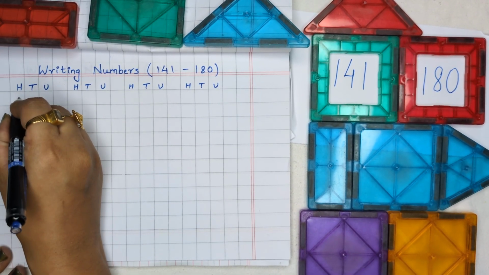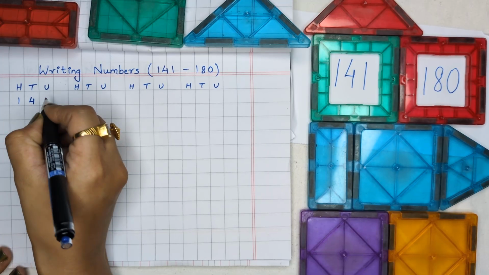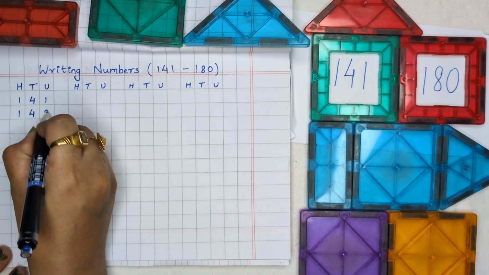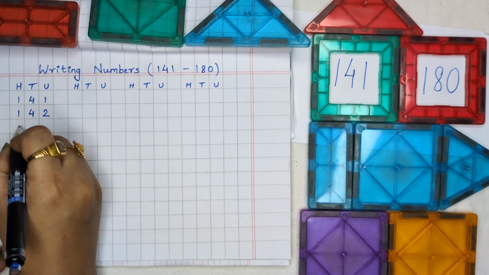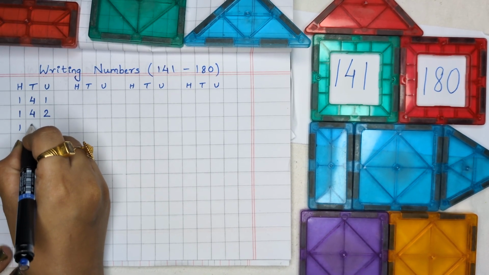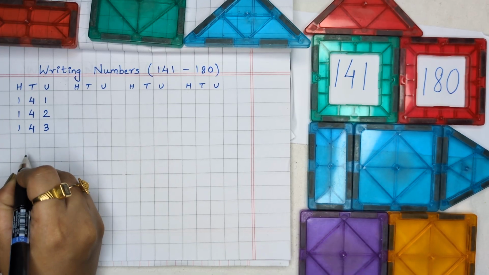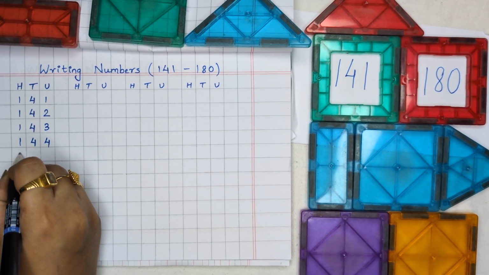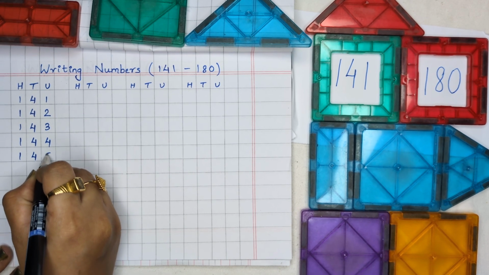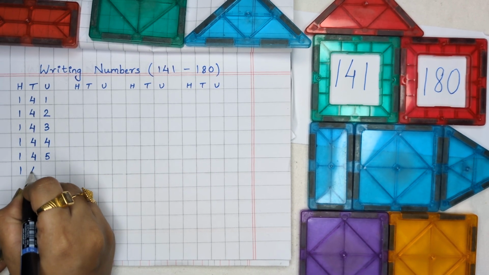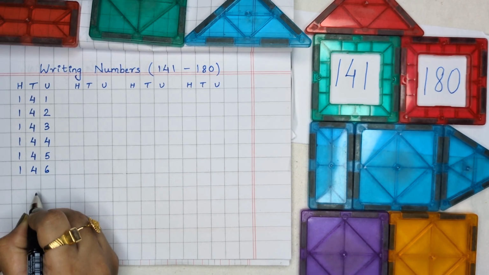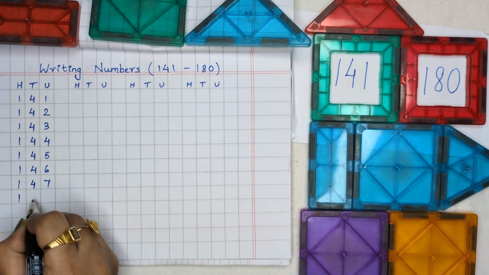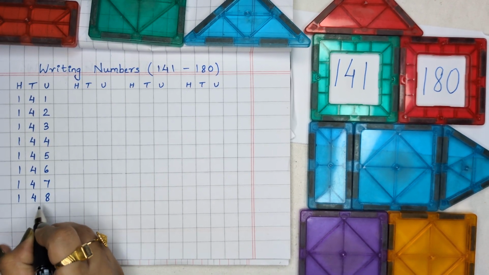Now, let's start from 141. 141, 142. Write with me. 143, 144, 145, 146, 147, 148,